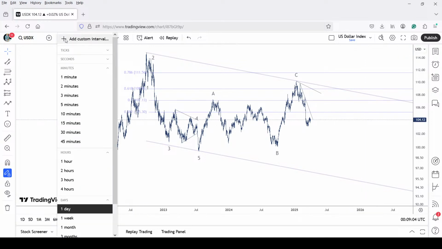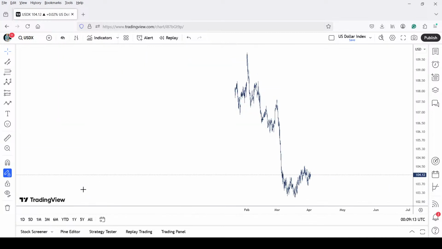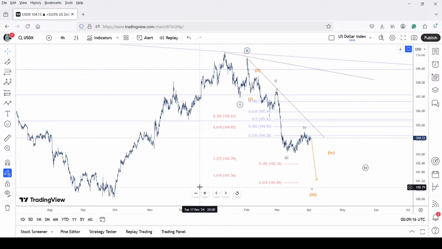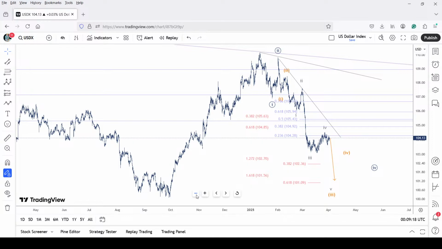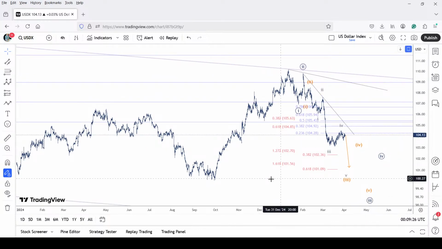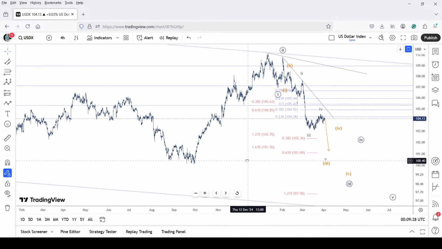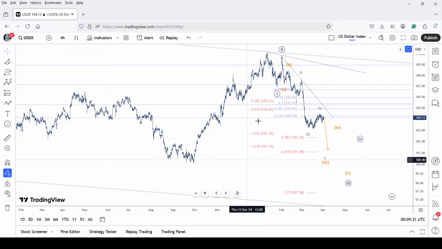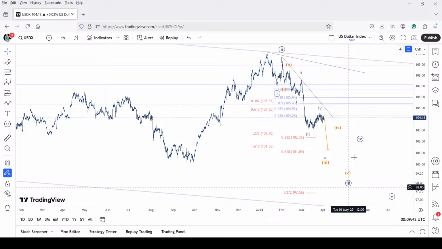Dollar index positioned nicely towards the south side, approximately 95 price action, and here is the 4-hour time frame where it could be minor degree waves as well. We have taken a minute degree, and 3 different levels of degrees have been presented here. The minute wave 1, 2, and so minute wave 3 is still progressing with 4 and 5 left.